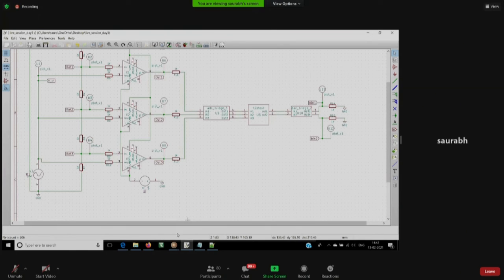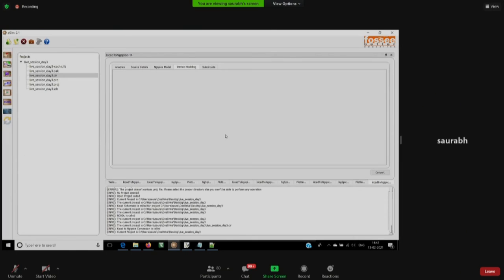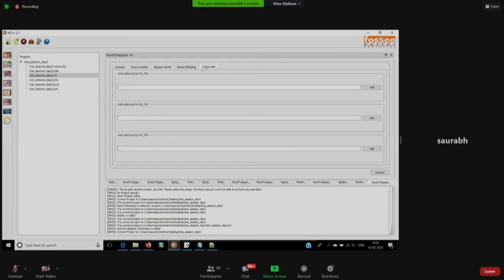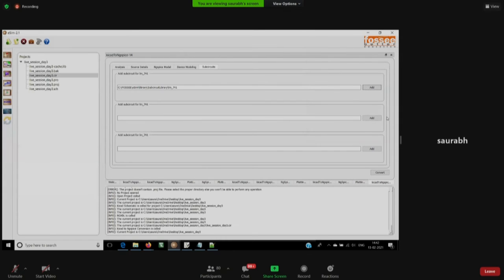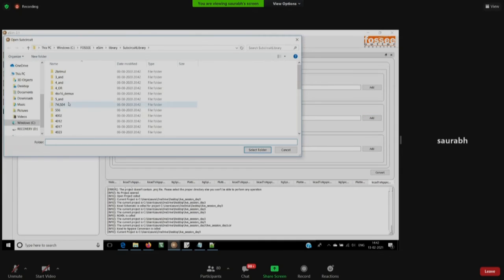And no op-amp model either. We still have to check the sub-circuits tab. In the sub-circuits tab, as we have 3 op-amps, let's assign the appropriate sub-circuit library for it. You can see in the eSim sub-circuit library, I have LM_741 selected for all 3 op-amps.